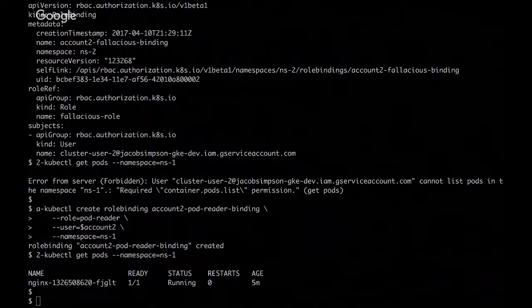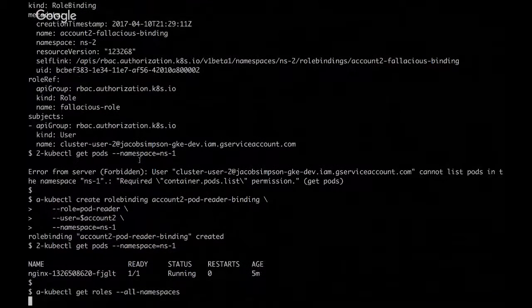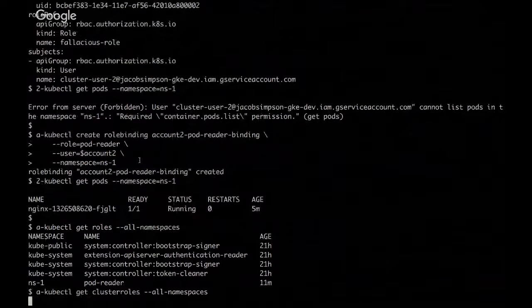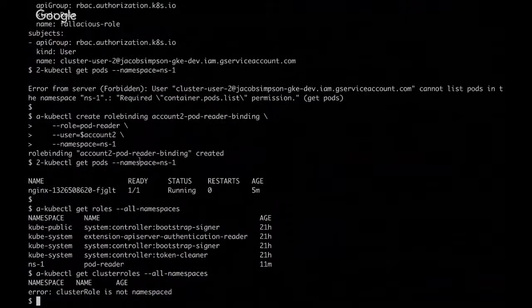And so cluster roles are also worth knowing about, because if you do a listing of roles, which I will do here, so these are all the roles that are available on your cluster. These are not all the cluster roles that are available on your cluster. So if you go looking for a role and you can't find it, you may be looking for the wrong kind of role. It's something to keep in mind, because a role binding can apply to,